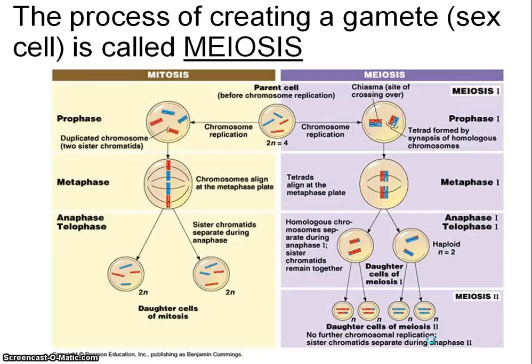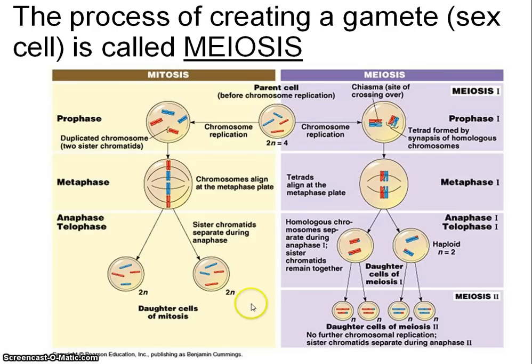So, now let's talk a little bit more about meiosis. When you create these gametes, you do it through a process called meiosis. Meiosis is a little bit different from mitosis in that you want to make these daughter cells that are different from the parent. In mitosis, you make an exact copy, right? So you have a replication. You have a diploid cell that replicates all of its DNA during synthesis,